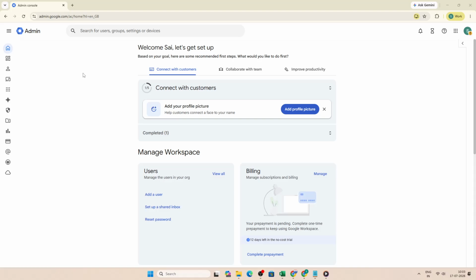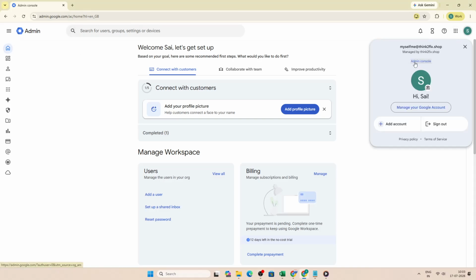In today's video, I'm going to teach you how to get a shadow copy of all users' emails in Google Workspace. To begin, sign in to your Google Admin Console using a Super Administrator account. This is important because the settings we're working with require the highest level of admin access. If you are signed in with a lower permission account, you may not be able to view or edit the